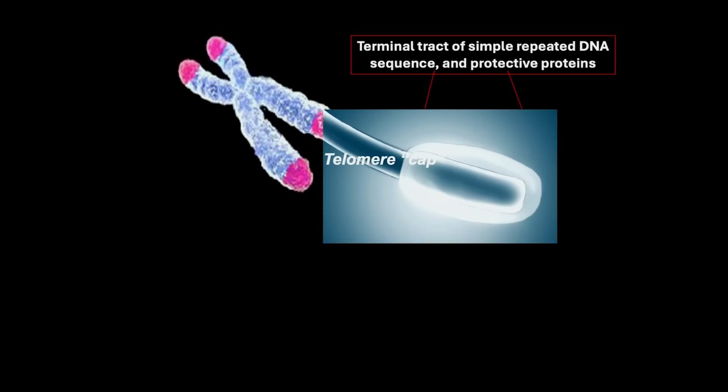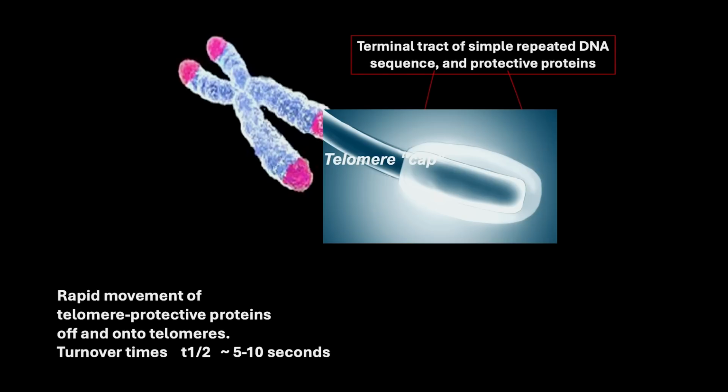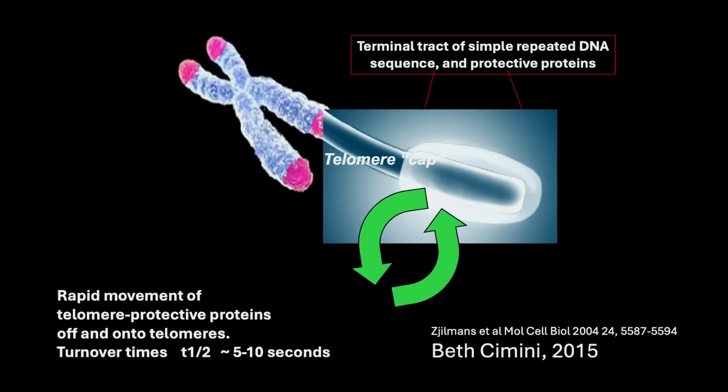Now, what's interesting is that this is actually a very dynamic structure, and there's a schematic representation of this sheath as a kind of a bubble, but it's actually not a bad representation, because what we and others before us had learned is that there's very rapid movement of proteins on and off telomeres. They're very dynamic. So the telomeres you had a few minutes ago are not the same as the telomeres you've got right now in your cells, because there's been this rapid exchange of the proteins.